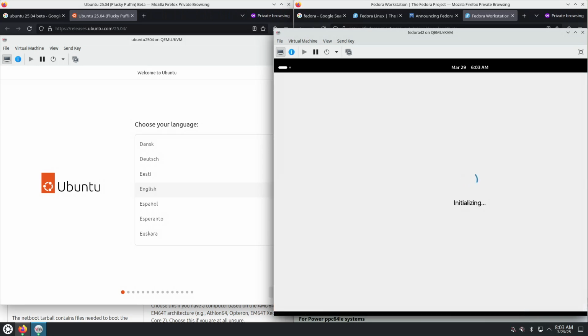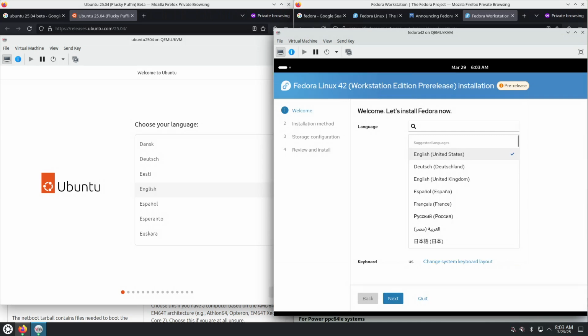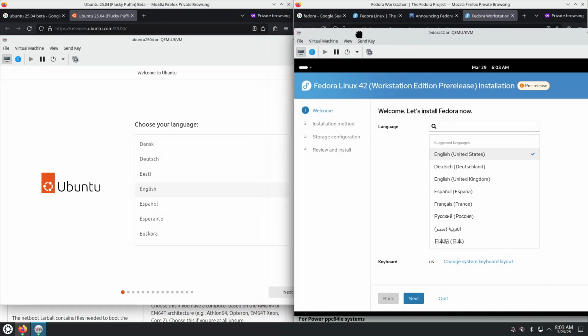The installer is starting. It's a new type of installer, or there's a new theming. So now that the two virtual machines are at similar points, which is the start of the installer wizard, let's